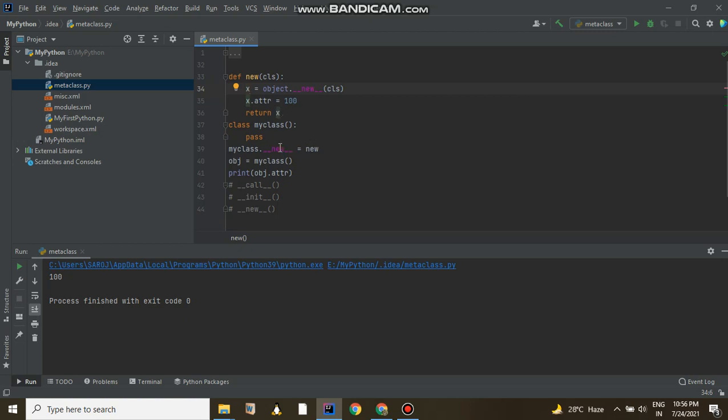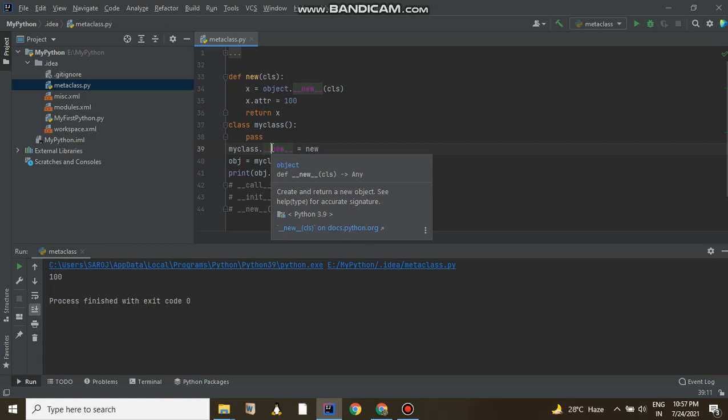So whenever my class is created, not the object, before creation of the object, I am just assigning this new value, which just adds a new attribute attr with a value 100 to the new attribute of my class.